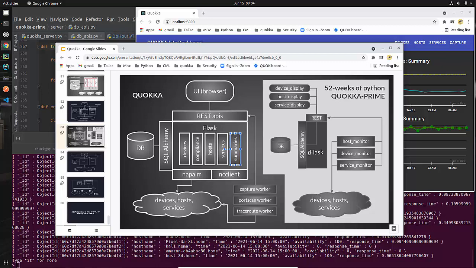But the point is, inside Flask, what do we have running? Not a whole lot. In fact, you can tell this is an old slide if you're paying attention, which I wasn't. That's SQL Alchemy. We're not using SQL Alchemy anymore. We're using Mongo. So you can see this is an old slide. But don't let that distract you, because the point that I'm making is that there's none of these extra threads